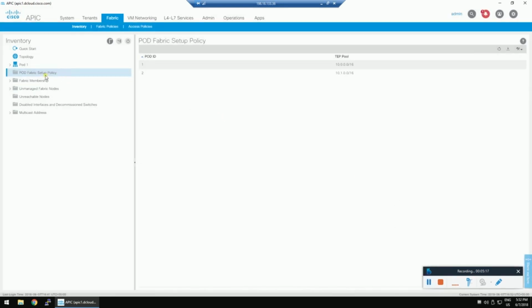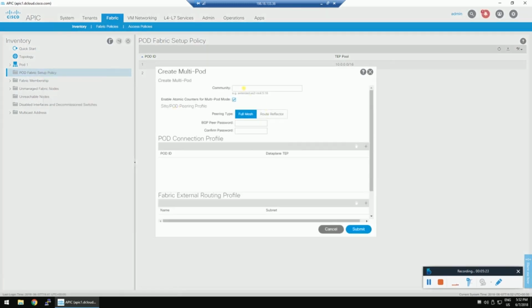Alright, let's try to configure the pod fabric setup again. There was some issue with this lab. I have sorted it out. So